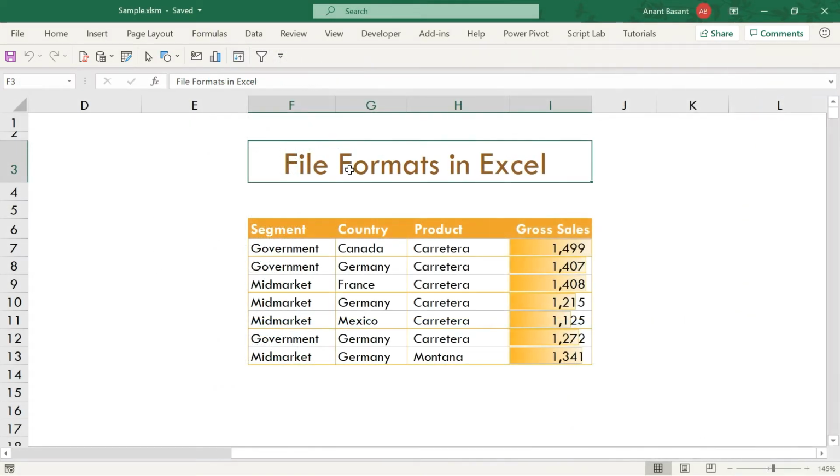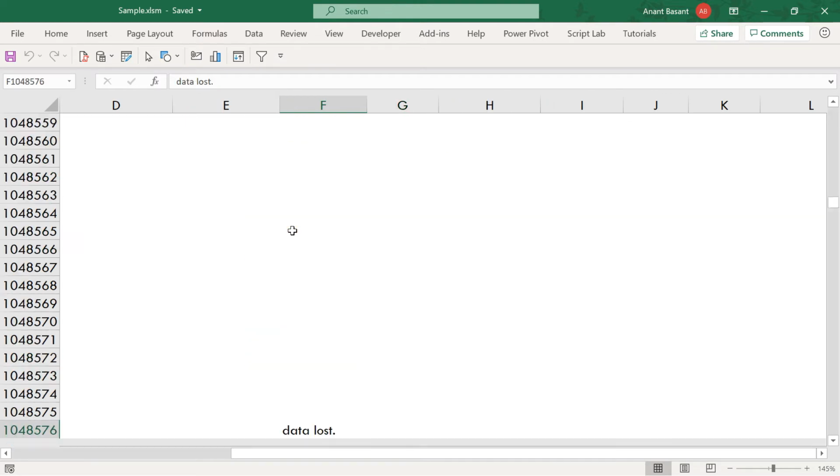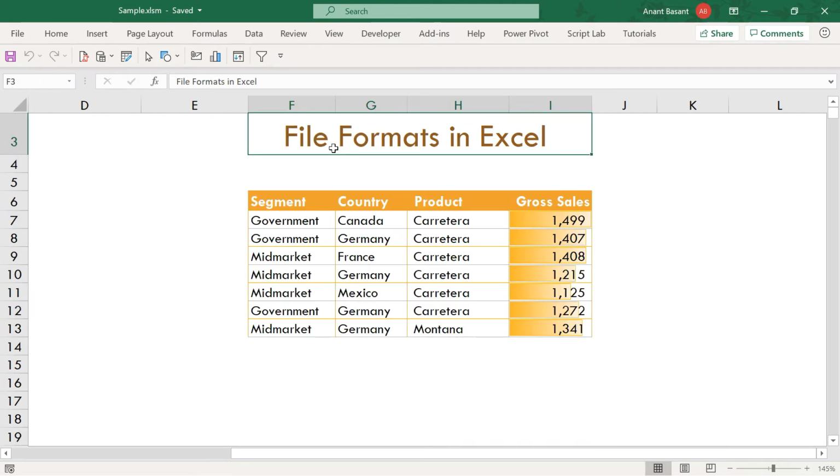So now let us see how these file formats are important in real life. I'm using the latest version of Excel and I have this conditional formatting applied on these cells. And I have also written this text, data lost, in the last row of this sheet. What will happen if I save this file in an older version of Excel?